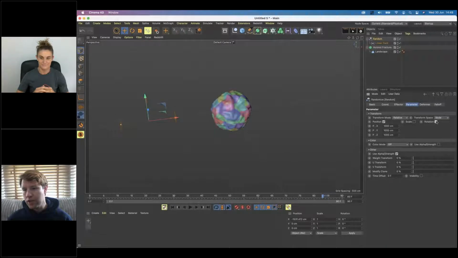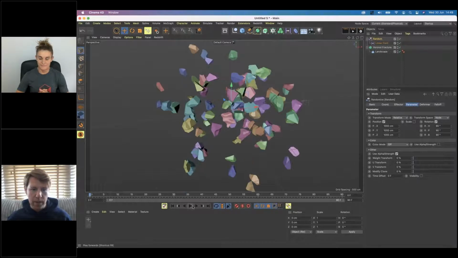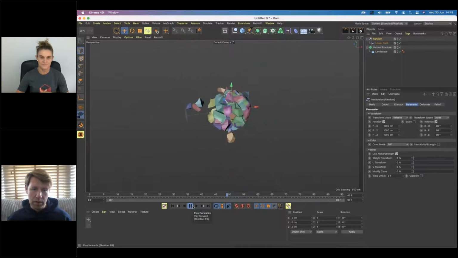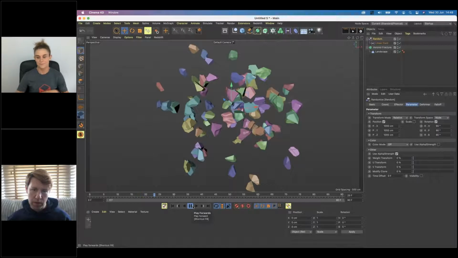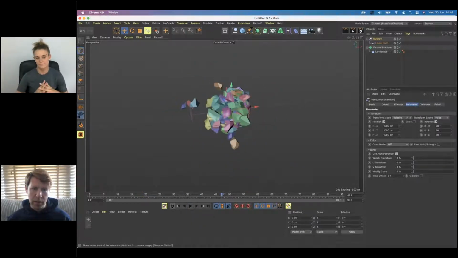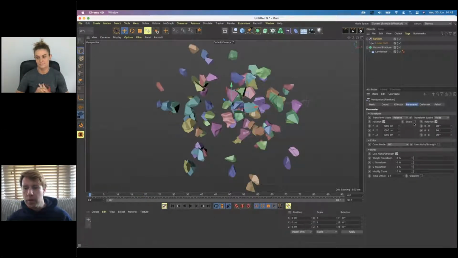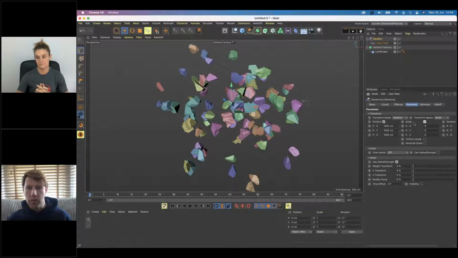Let's try rotation. Let's add that in as well. Let's go 90 degrees in all ways. Let's have a look what that's going to look like. So not only do they move into position, but they also turn into position as well, which is a really nice thing to do. Now, what if I wanted to do scale? What if I wanted all of these things to start small and then grow, so that it looks like they're kind of popping into existence? To do that, if I was to choose a scale that these cease to exist, for example, -1,